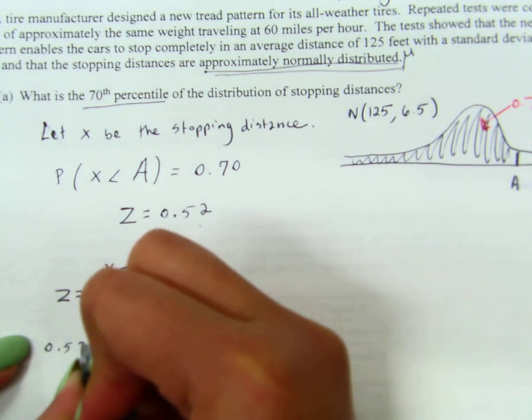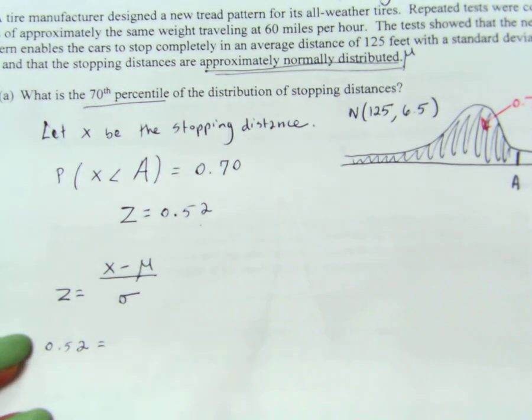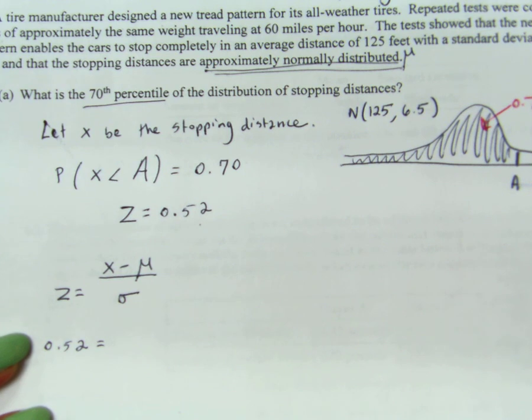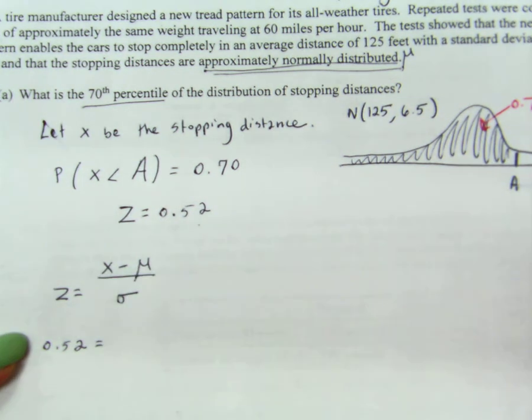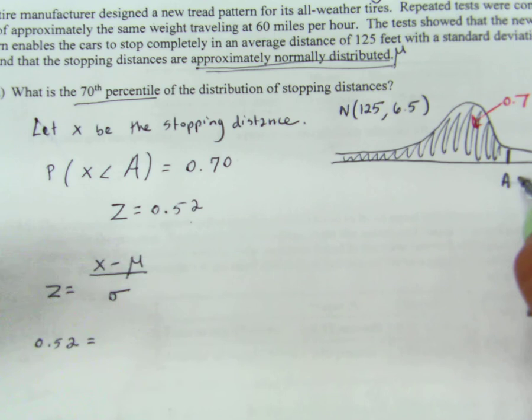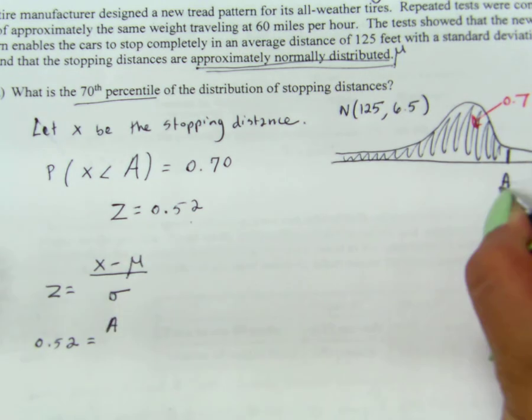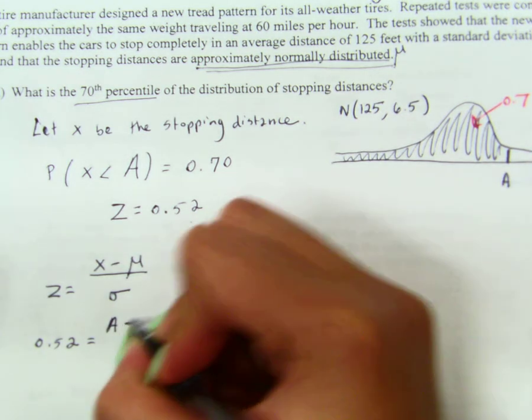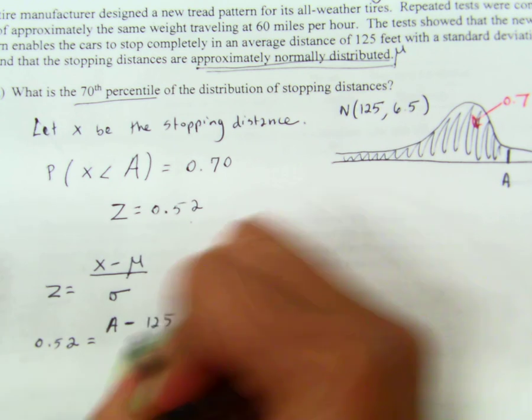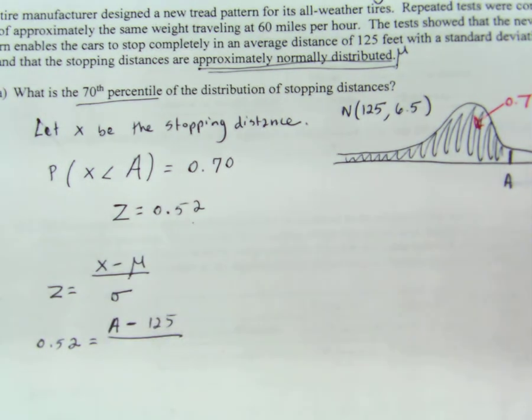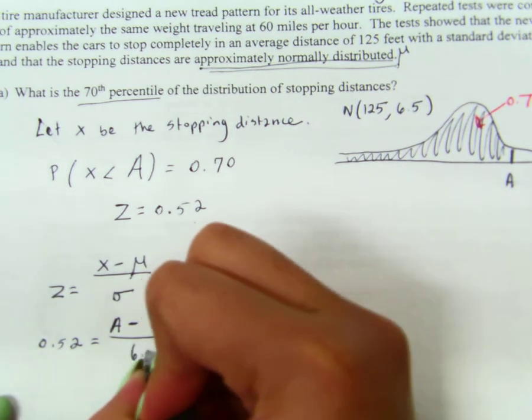So 0.52 is the z-score that's associated with being the 70th percentile, right? So 70% of the data below. X, the observation, that's what I'm trying to find. I'm trying to find that stopping distance, and so that's going to be that A that I wrote down here because I don't know it,